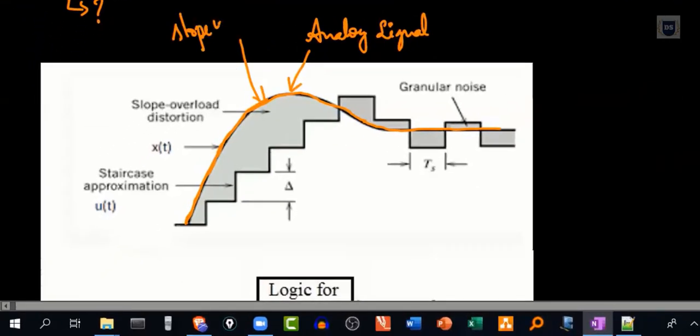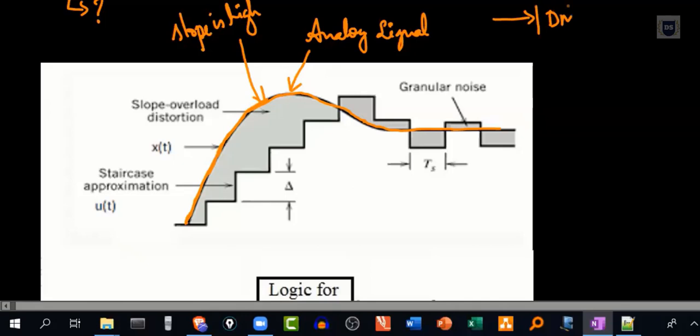Slope is high. And when we give this sort of analog input having higher values of slope onto a delta modulator, let's say we are trying to feed in an analog signal associated with a very high value of slope onto a delta modulator.